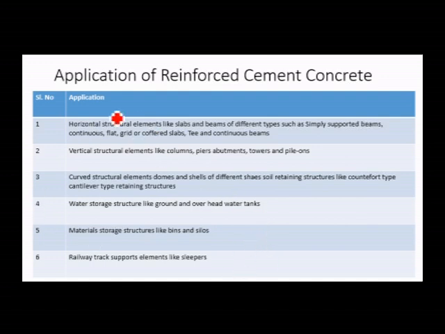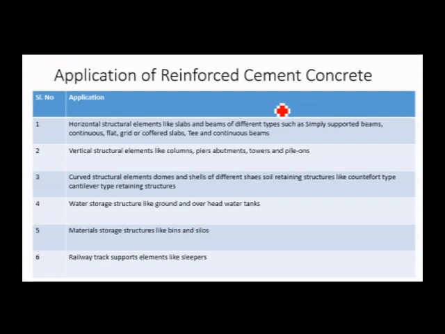Now what are the applications? When we come to the application part, reinforced concrete has more or less replaced steel as a primary construction material, mainly due to its universal adaptability and versatility, coupled with resistance to fire, wind and corrosion, which result in negligible maintenance cost. The primary application of reinforced concrete as an economical structural material is in various types of